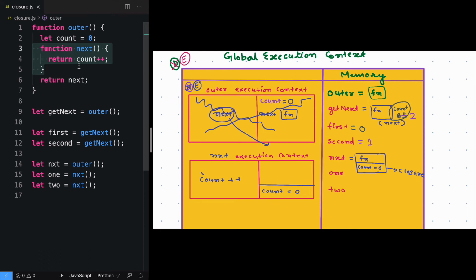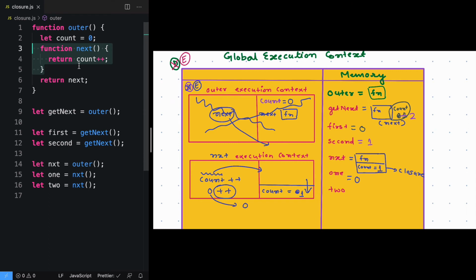So I'll go ahead and look for the variable count inside the memory. Will I find it? Not at all. So I'll look into the closure, because this is a special function that contains the closure. Inside the closure, I'll find the value 0. Now we have 0 plus plus. The plus plus operator first uses the value and then increments the value. Using means returning. So what value will it return from here? It will return 0. As soon as it returns 0, first will have a value of 0, and this plus plus operator will change the value from 0 to 1. So now the value of count became 1.